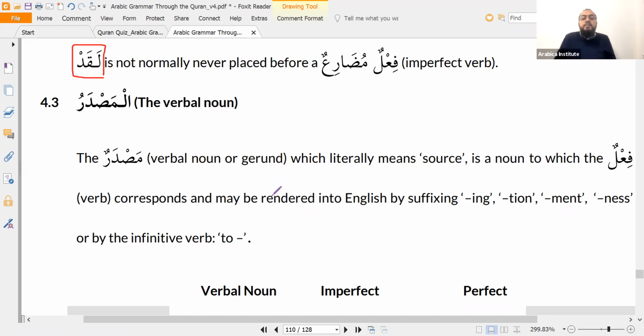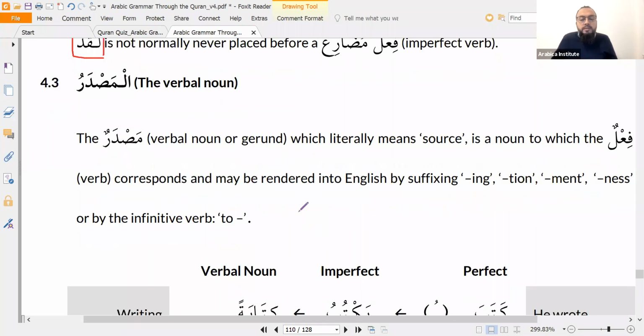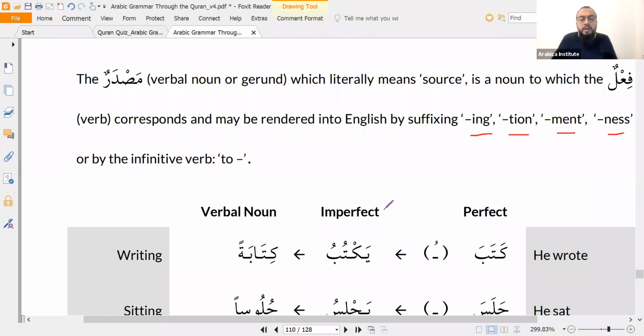So drinking is the action which refers to the verb "I drank," or "I will drink," or "I am drinking." In English, it's a bit confusing because in the present tense, the verb is also "drinking." The verbal nouns in English have suffixes such as -ing, -tion, -ment, and so on. And sometimes the verbal noun even translates into English using the infinitive verb too. So if I say أحب القراءة, you could translate that as "I love reading," or "I love to read."